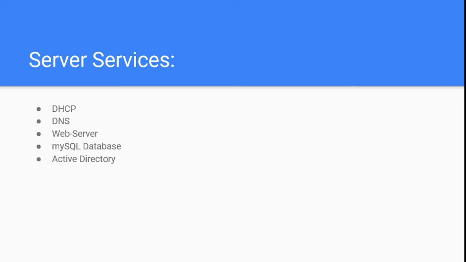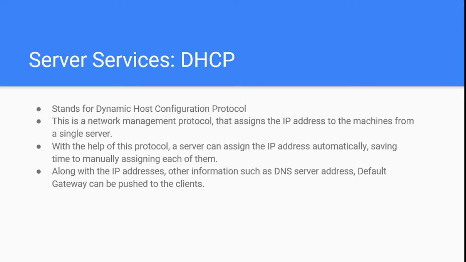So for server services, we run 5 server services. We run a DHCP server, DNS server, web server, MySQL database, and then we also run Active Directory. The DHCP server service stands for Dynamic Host Configuration Protocol, and we utilize that to give all of our devices on our networks addresses. So for us, we have a honeypot, and we also have the normal network that our devices for our actual HAL sit on, and so we have to assign different addresses to those